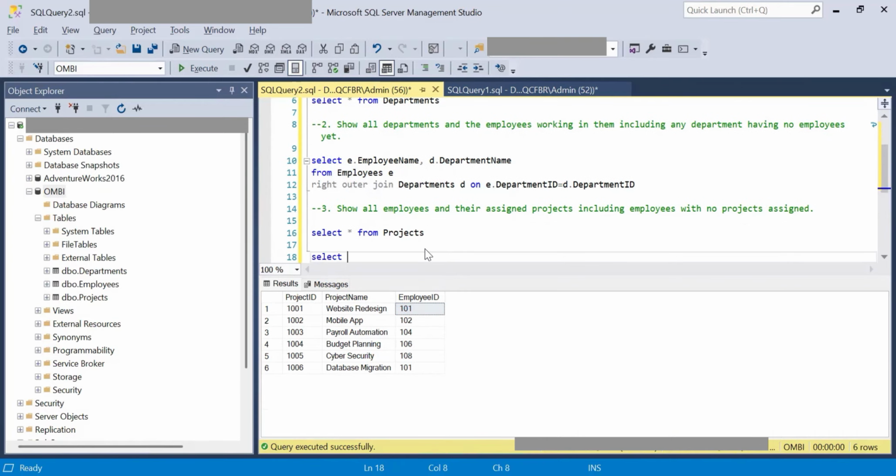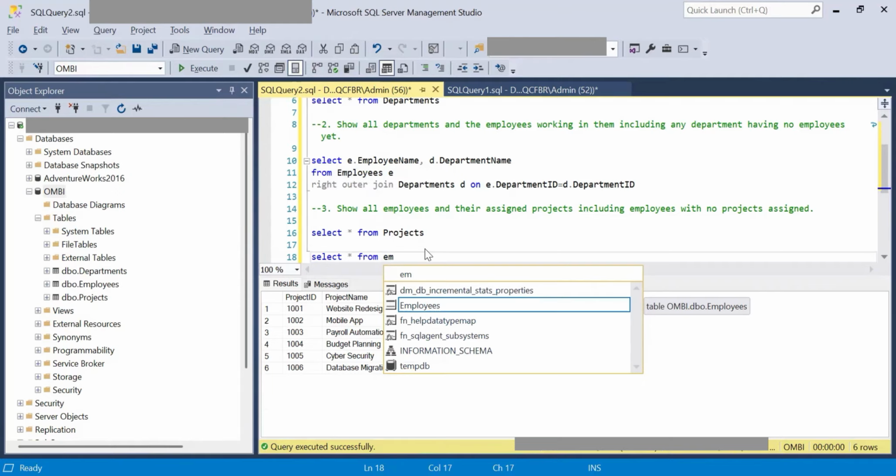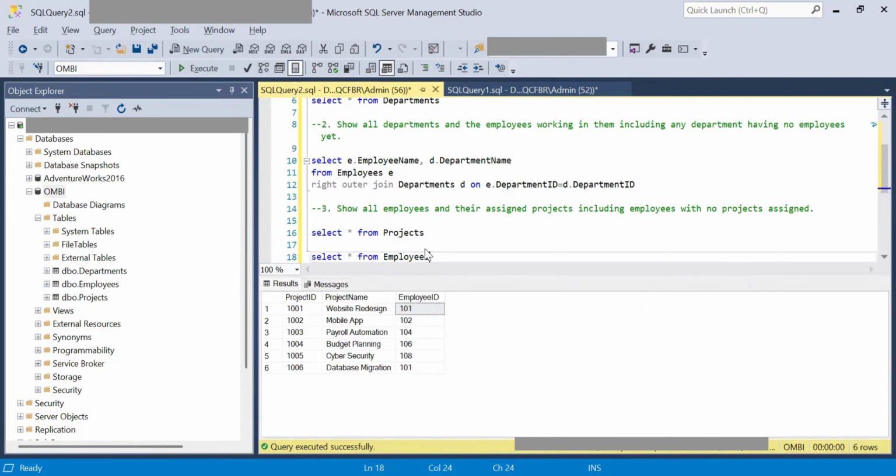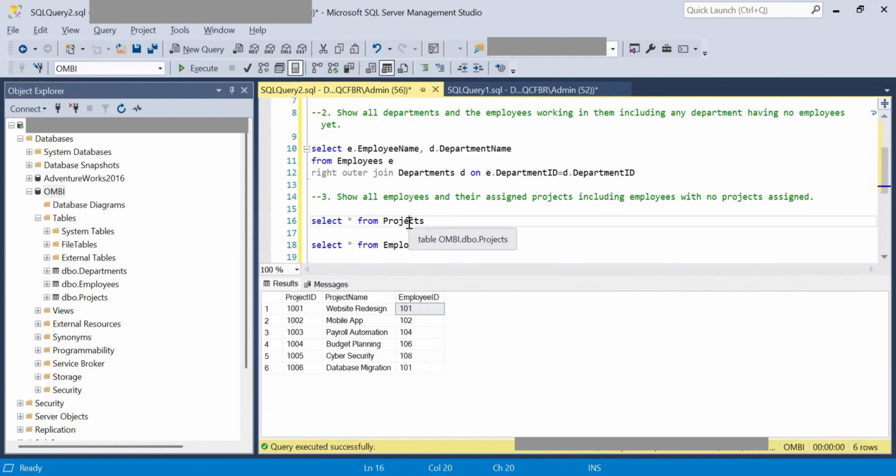Select star from employees E, and next we join this employees table with the projects table with the help of the left outer join. Why we use the left outer join is that this projects table has only those employee IDs who have been assigned projects, but the others who have not yet been assigned are not part of this projects table. So since we want all the employees, irrespective of whether they have projects or not, we use the left outer join